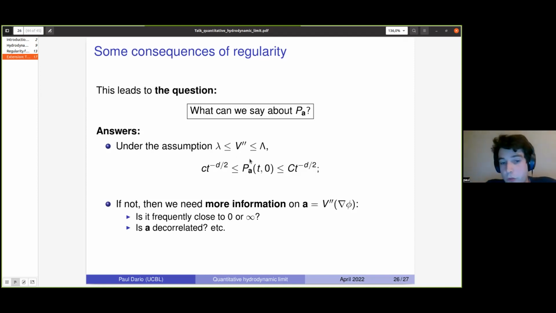So you are aiming for two things. Is A close to 0 or to infinity? And can I get some decorrelation on A? So if I look at 2 points, A at time t at the point x and A at time s at the point y, for (t,x) and (s,y) a bit far away from each other in space and time, are they decorrelated? And what I will not have time to tell you is that this is why